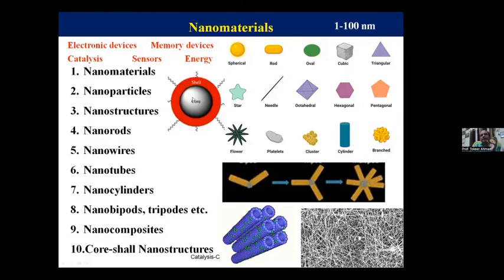So, for example, if we have a portion nanostructure, then either the core or the shell thickness should be in the nano region. Then we can call this structure a portion nanostructure. So, at this